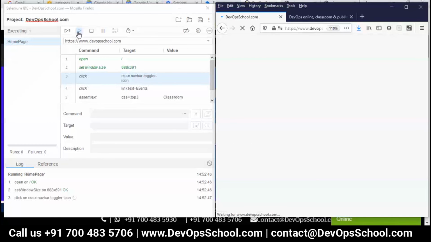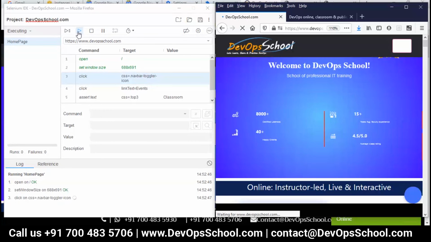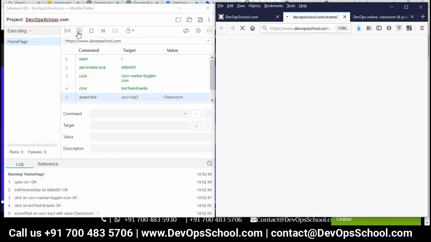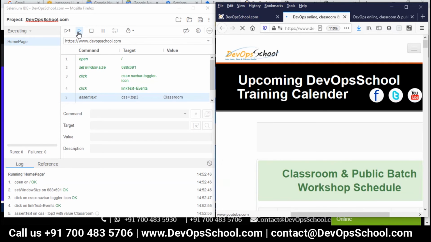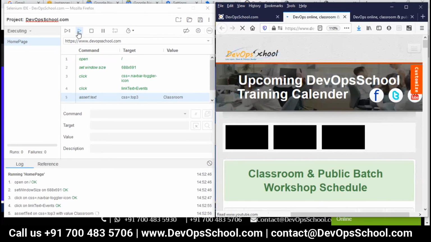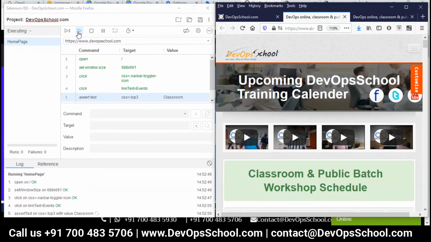See here, open up devopsschool.com. Now open up the event. See here. Now assert events, they are checking, and assert classroom. Now done. So this test is passed.